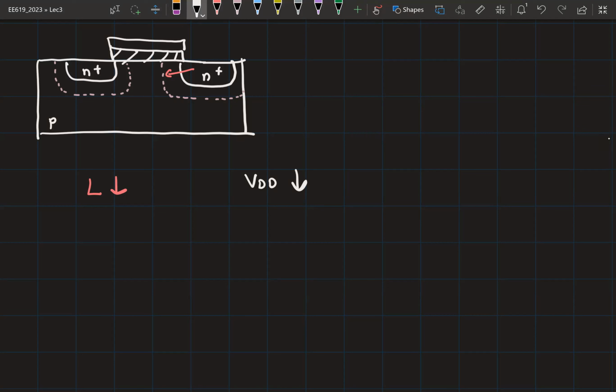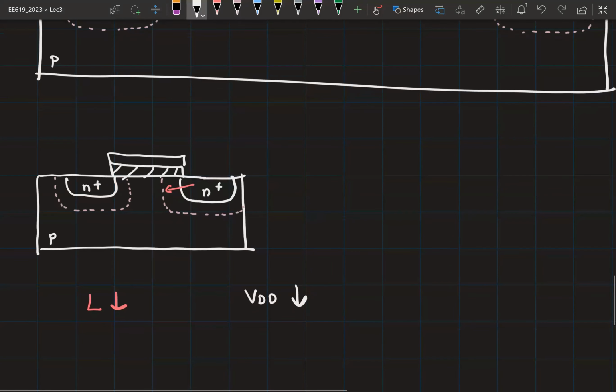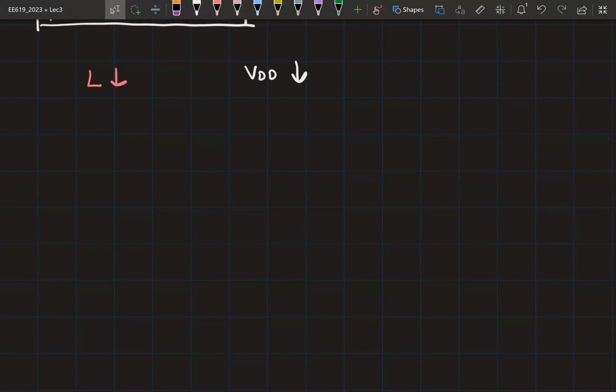So the supply voltage is not scaling exactly by the channel length, which means that you can still expect to have high electric field as you go down, right? Is that clear? Your supply voltage is scaling, but it's not scaling with the same ratio as the length. Therefore, the electric field you will see in the channel is going to be higher than that you see in long channel transistors. Okay, now that said,